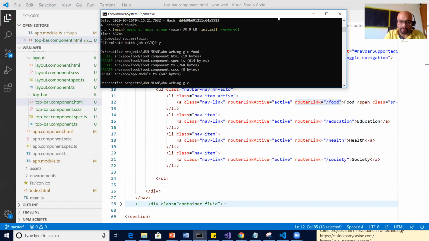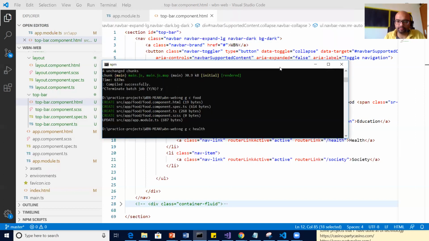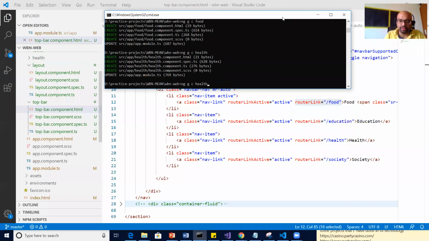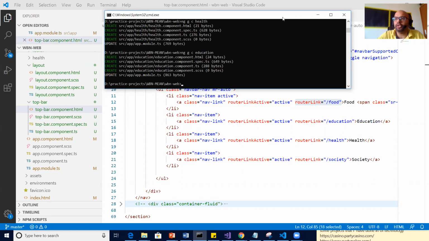Then health. Similarly, society or education, right? Then your society.